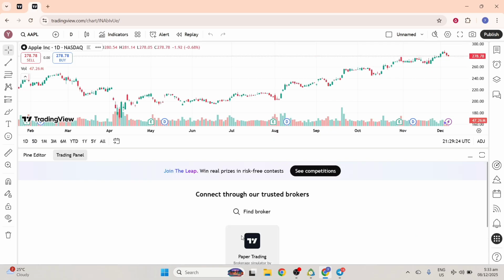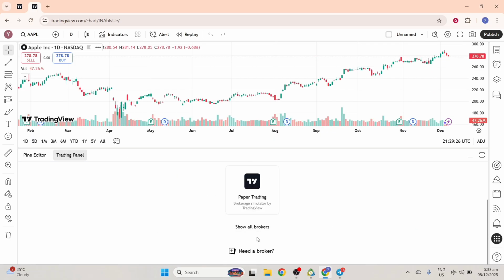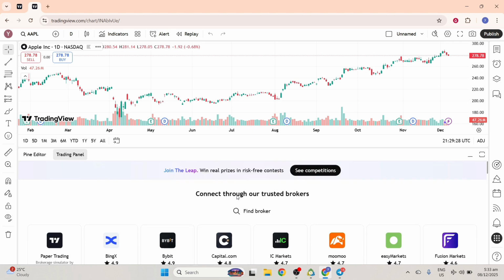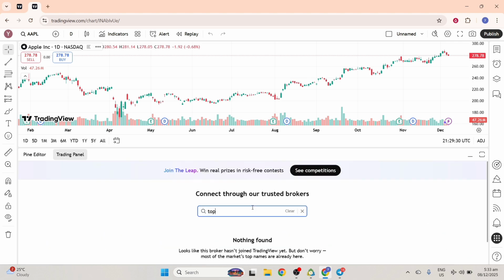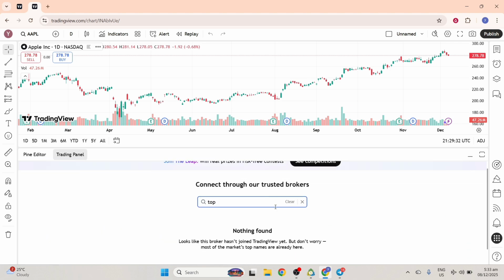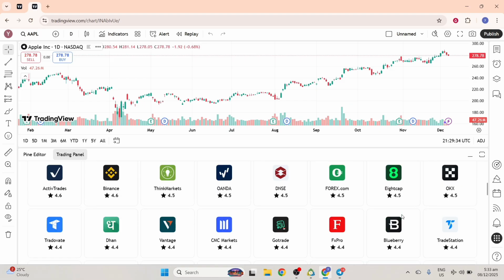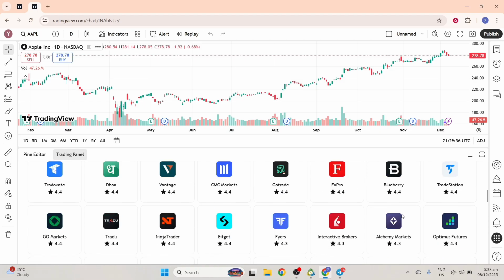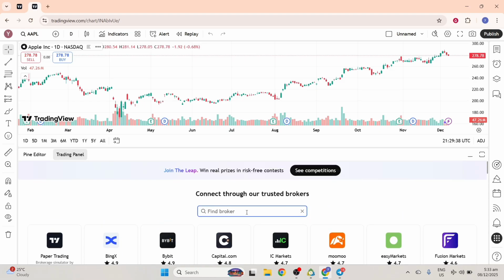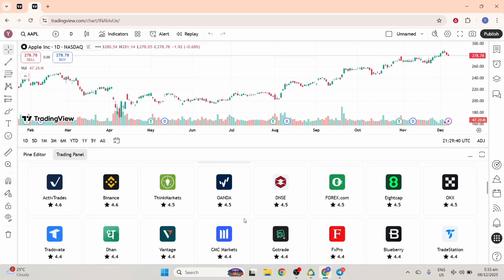Next, click Show All Brokers. In the search bar, type Topstep. As you'll see, Topstep is not available in TradingView's list of supported brokers. Based on research, it's actually not possible to directly connect Topstep to TradingView, but there are two alternative methods you